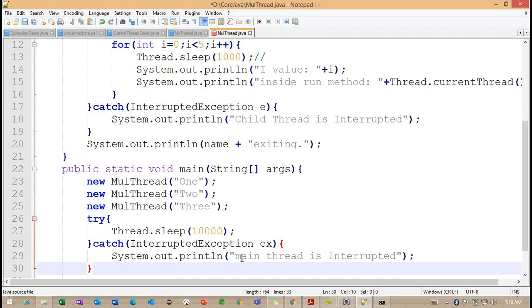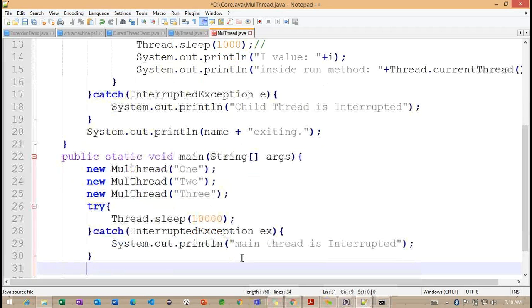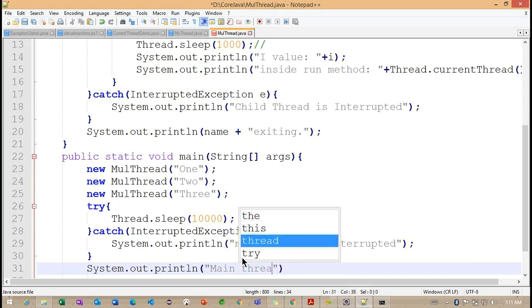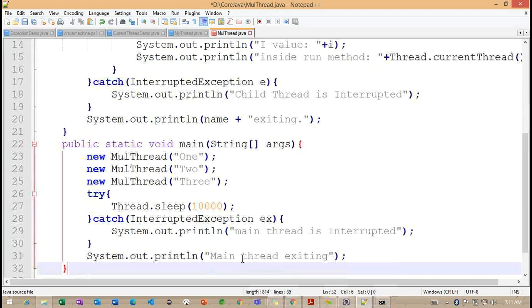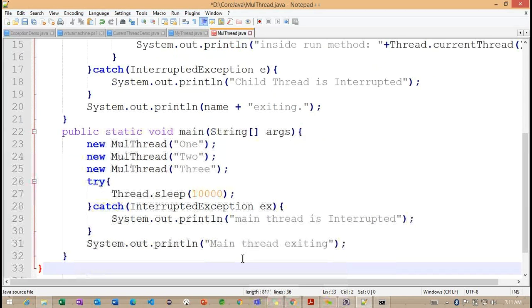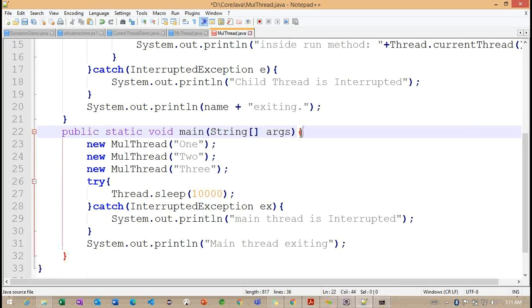I'm closing the catch block, and now I write System.out.println with "main thread existing". Finally, we close the main method and we close the class level brace.